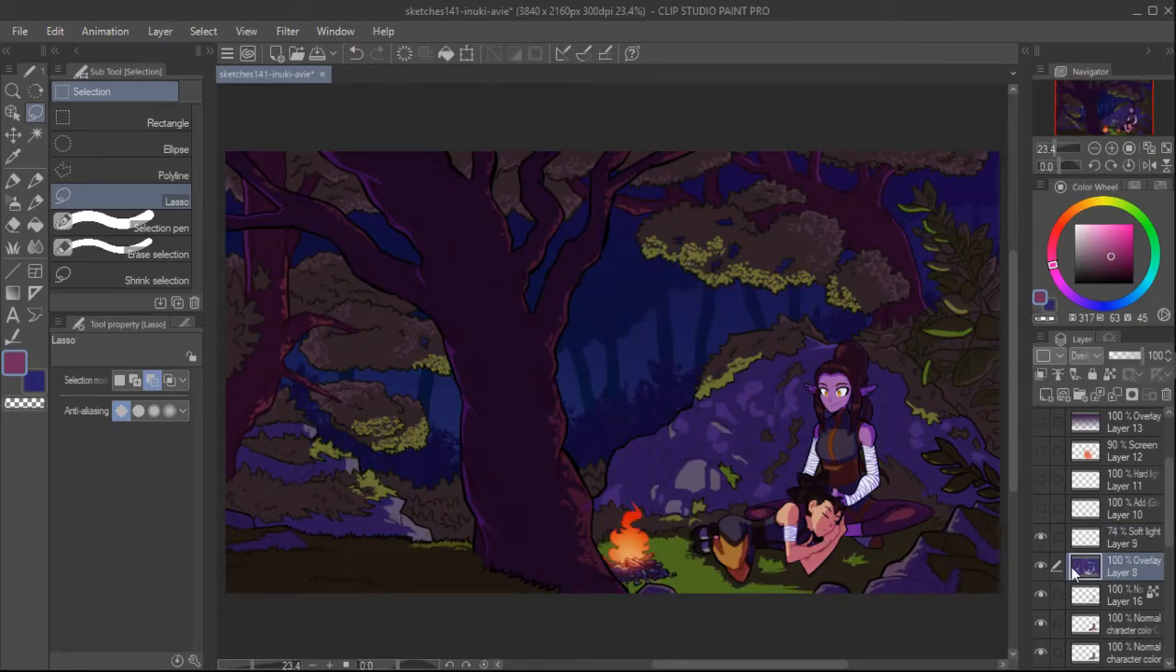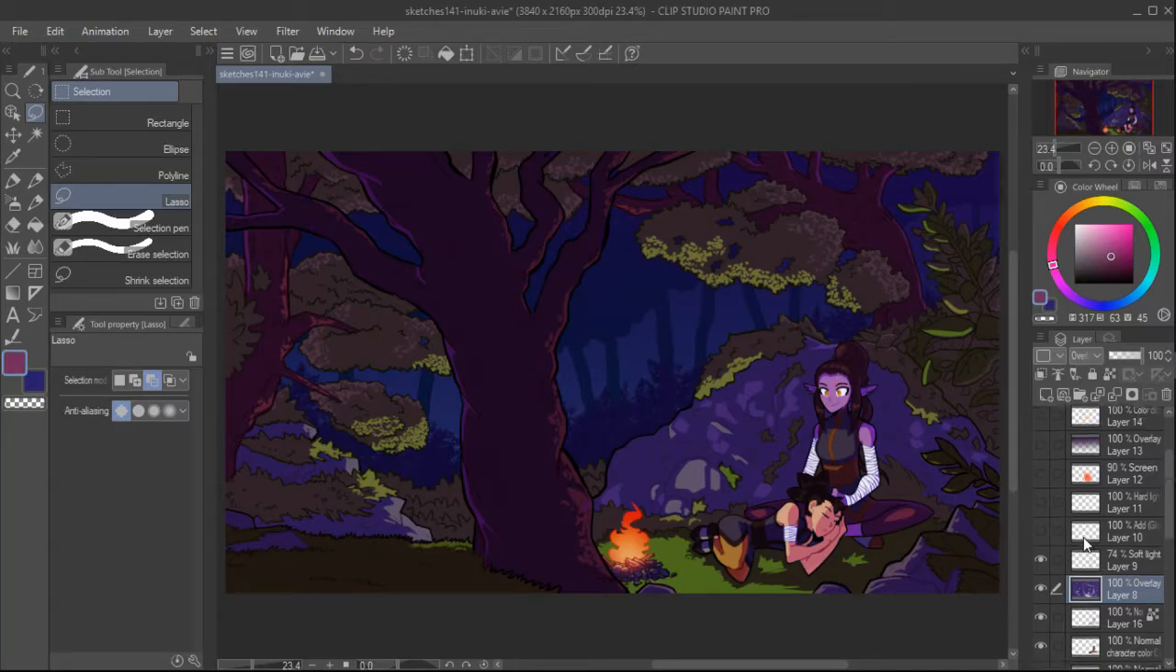And yeah, what I thought was really cool was on this overlay layer, I put this shine on the hair, and I've never actually done that before. And so when I did it, I was like, that looks dope. So I had to keep it. But moving on,